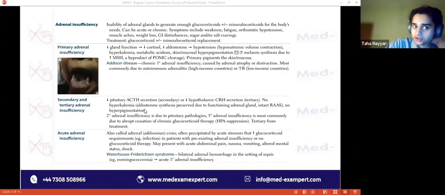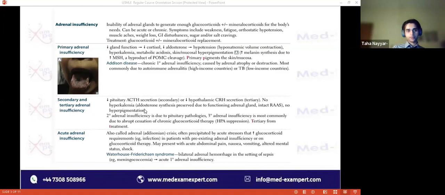Now, Addison disease is a very specific term used whenever there is chronic, insidious primary adrenal insufficiency, meaning there is an ongoing deficiency of adrenal hormone. The main culprits are either autoimmune disorders or, in Step 1, usually whenever they mention South Asian countries or developing countries, it's almost always TB. So TB is a very common cause of adrenal insufficiency or Addison disease, while in developed countries, autoimmune disorders